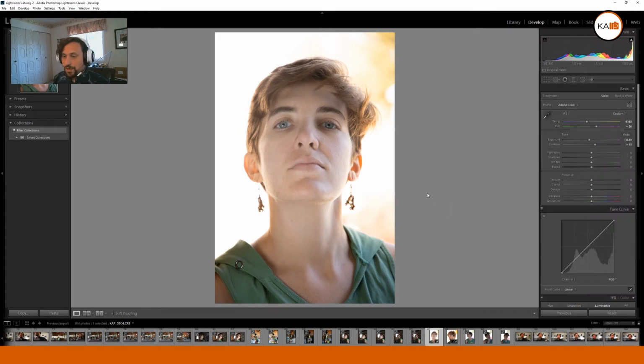All right, so before and after. Before and after. And that's that popular backlit warm golden hour look that's in a lot of images on social media. But before we get done with this, we're going to do a little bit more global adjustments here. I'm going to bring down the highlights very slightly to bring a little bit of detail back inside that spot over there. I'm going to bring up the shadows to increase that fade look. And then we're going to bring up the whites very slightly to overexpose the back. And then we're going to bring down the blacks a little bit to add a little bit of contrast to